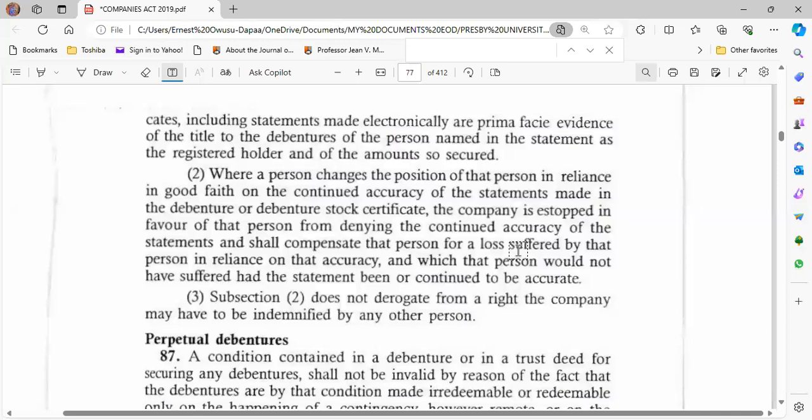Section 86(3) says that where the company has actually paid the actual amount stated on the face of the debentures to the third party and the interest and all that, the company can exercise the right of indemnity and sue the officer or director or whoever is in the company whose action or inaction resulted in inaccurate statement being stated on the face of the debenture, which has been enforced against the company because of the estoppel.